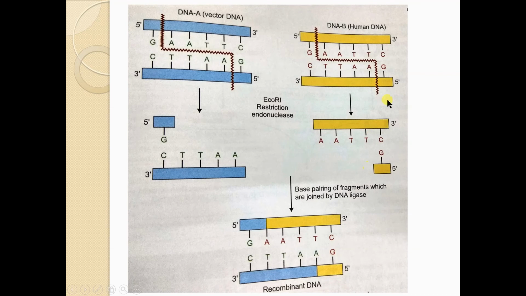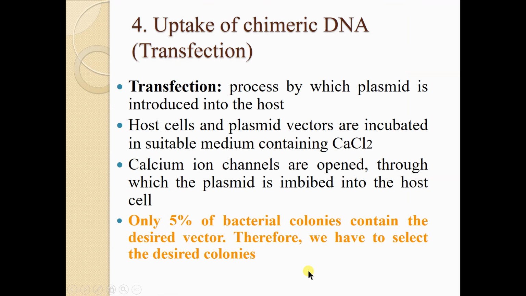So this molecule is synthesized, and this from the vector, then they will be base paired by DNA ligase enzyme. So recombinant DNA, or hybrid DNA, is now synthesized. As I have told you, only one molecule of chimeric DNA is synthesized. Now, as we want a larger number of the chimeric DNA, a large number of the product from our interested DNA molecule, it requires multiplication of the chimeric DNA.